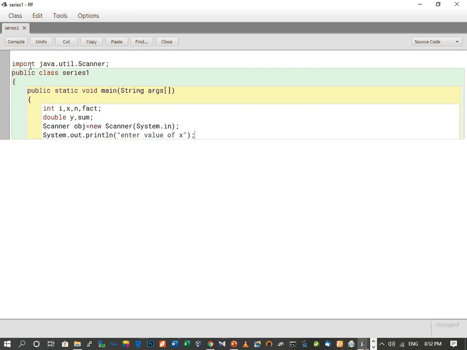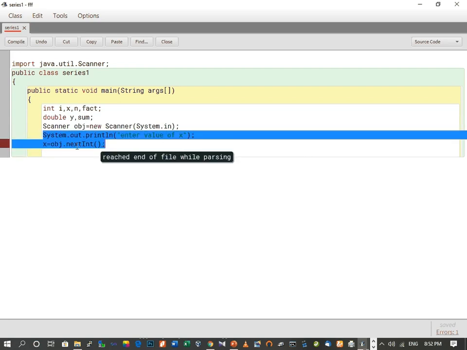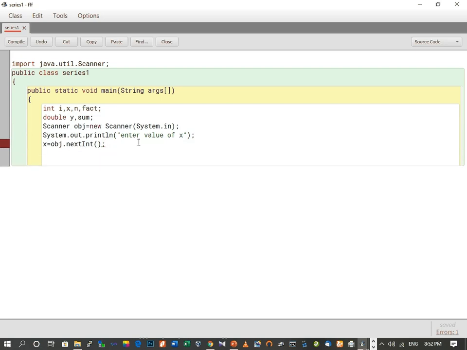So here user will be asked to enter the value of x. Now whatever value he enters will be stored in the variable x. So x equals to obj dot next int. Similarly, we will accept the value of n also from user. So for that we can copy and paste these statements. Here we can change it to n, and this one will also be n.